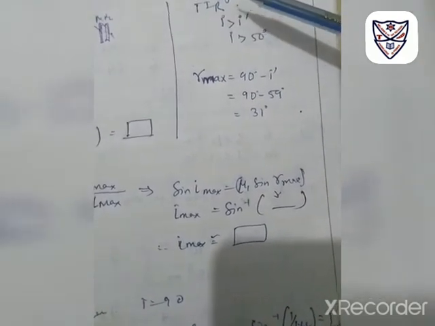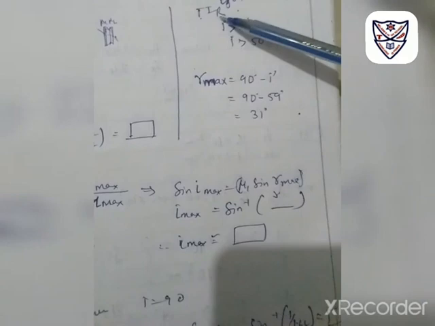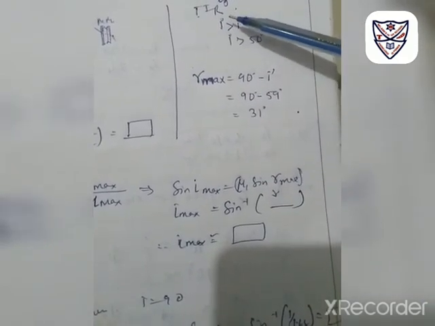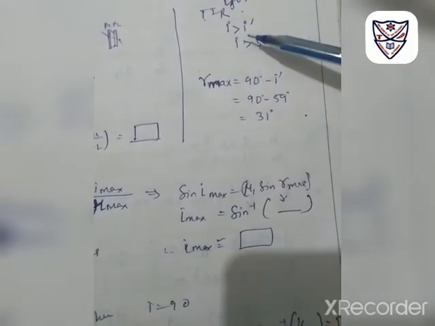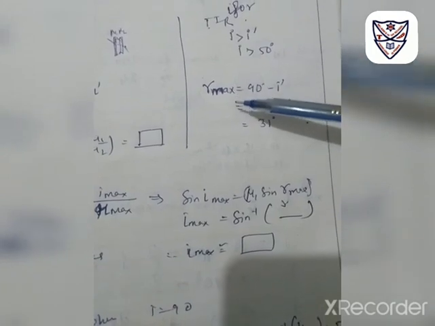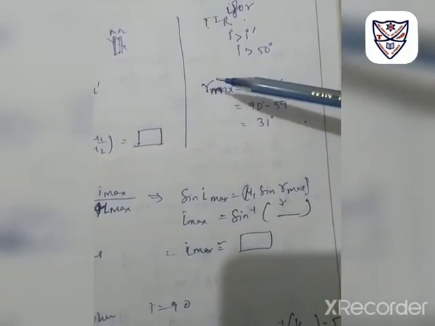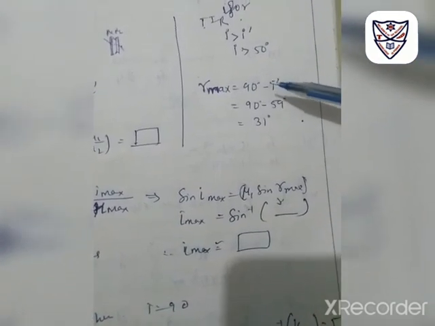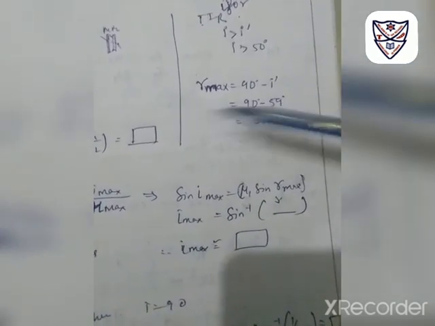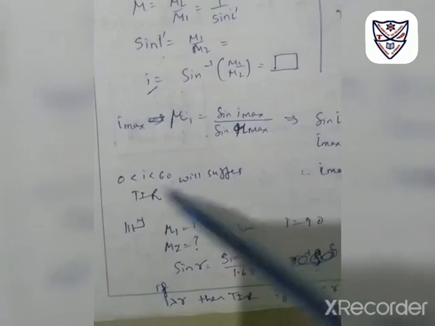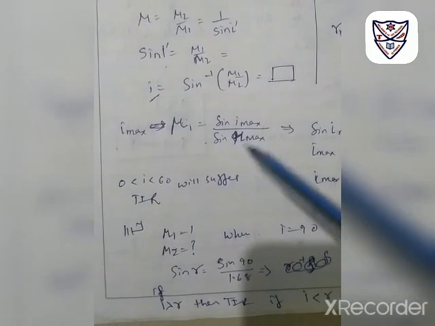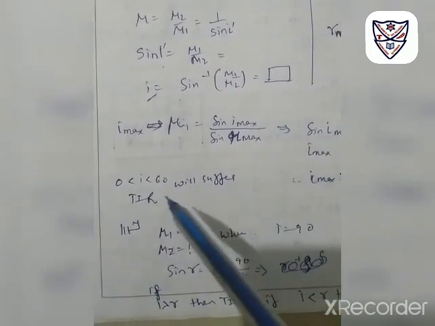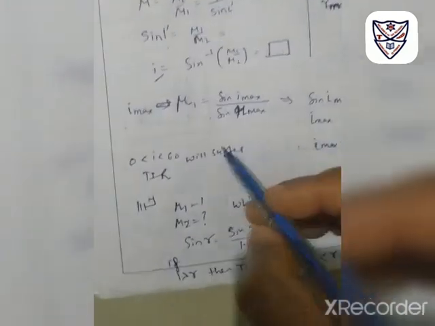Remember, for the given condition for total internal reflection, if your I is more than I dash, then here you will get such that your I is greater than 50 degree. So for the second term, you will get your R max when 90 degree is subtracted from your incident angle. Now remember this point, when I is greater than 60, it will suffer total internal reflection, or it will go through.